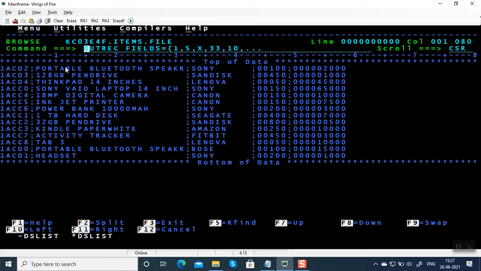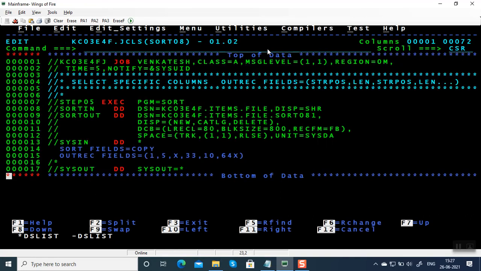Here we are going to copy only two columns, which are item number and brand name. And you have to know that now the length of the file is changed. We are not copying all data. We have copied only the first 5 bytes, which is item number. We have added a space and we have copied 10 more bytes, which is the brand name. Now we have copied only up to 6 plus 10, 16. So the remaining will be spaces, 64X. If you don't give 64X, it is going to have dots. A dot denotes low values. This is how we have tried OUTREC FIELDS.